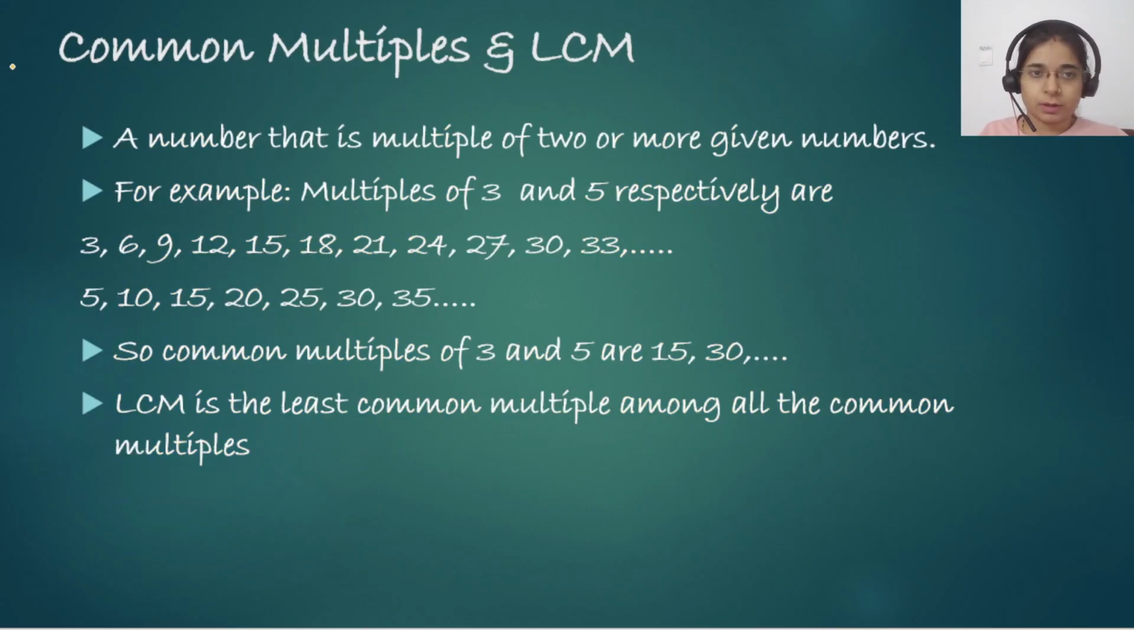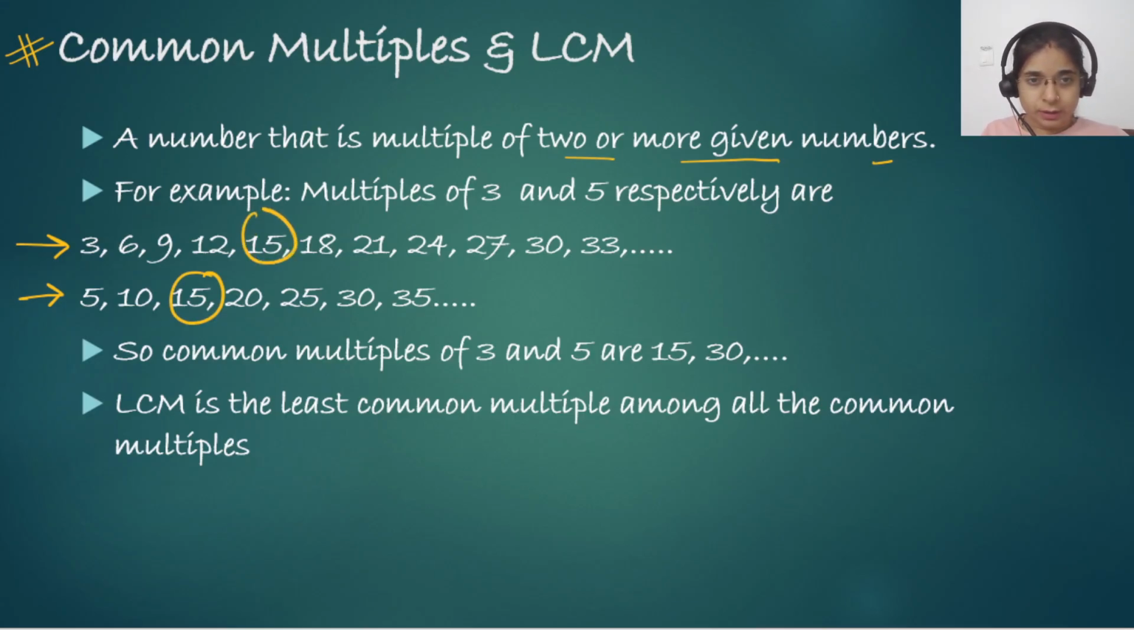So very first we have to discuss what are common multiples. A number that is a multiple of two or more given numbers is called a common multiple. For example, let's find out the common multiples of 3 and 5. For that we have to list all the multiples of 3 and then list all the multiples of 5. Then we will see that in these lists